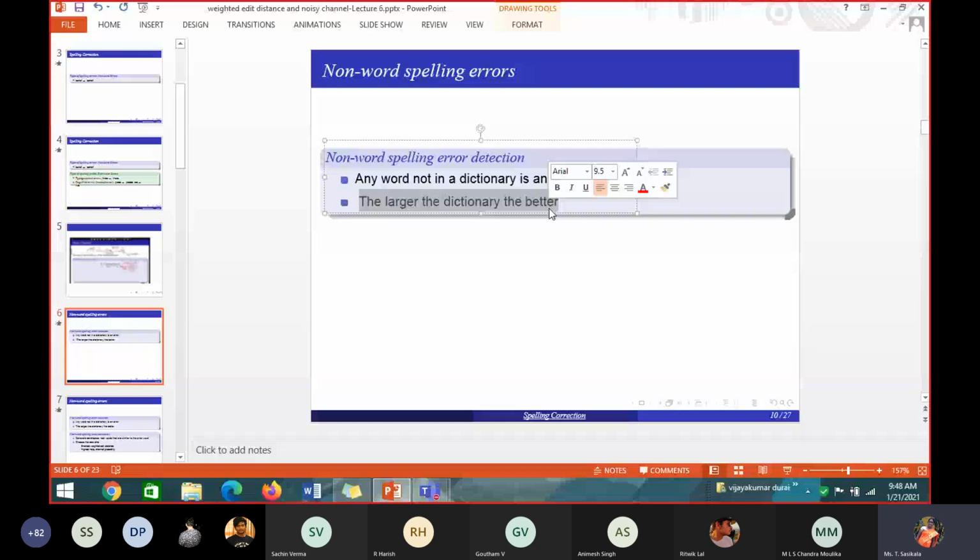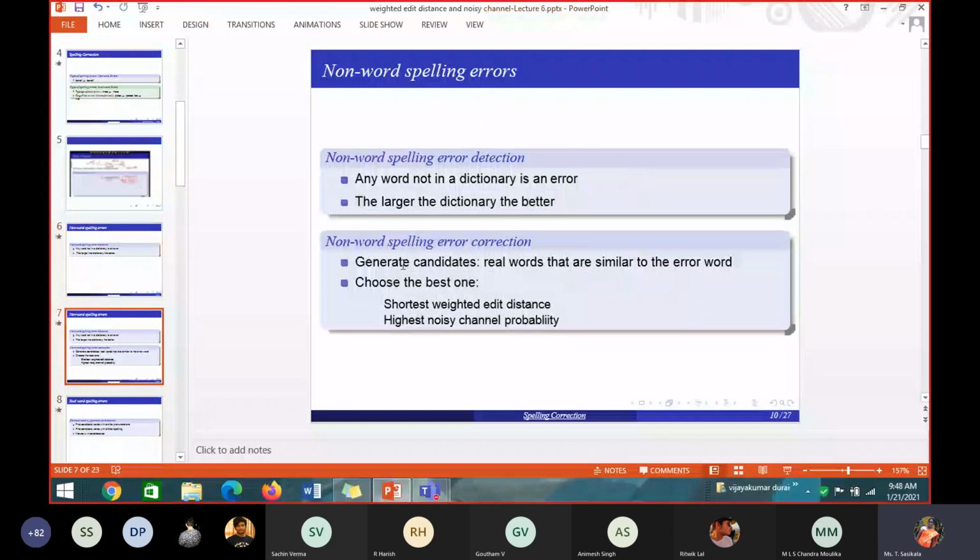So what you have to do: if a word is an error, if it is not present in the dictionary, then we have to generate all possible candidates. You have to generate all the possibilities for that. For behalf, it can be behave, or behalf, or because. Like that, you have to find all possible combinations. We call that the candidate set: a set of all possible words which can replace the error word with a correct word. Among those possible candidates, we find the correct one using a probabilistic method, using an edit distance method.